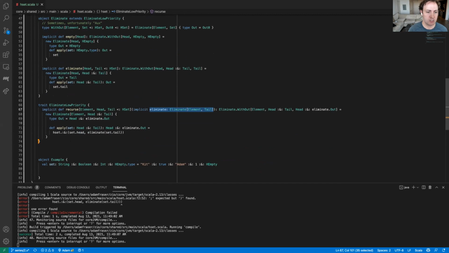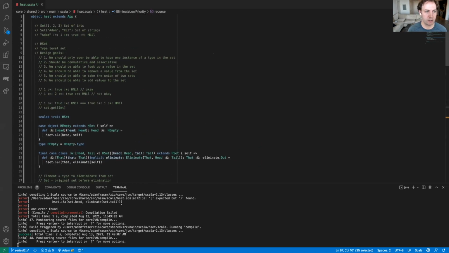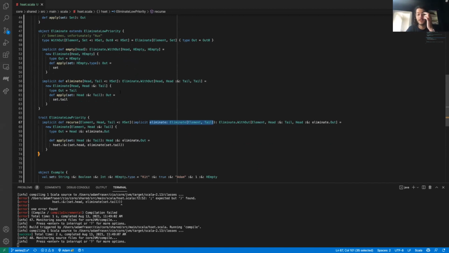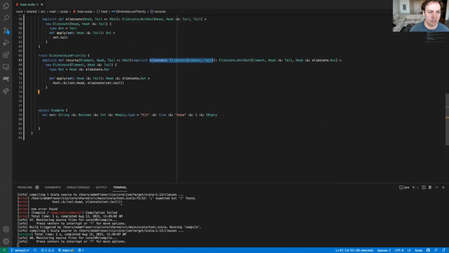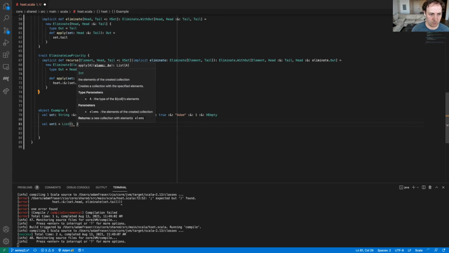Okay, so if we go back to some of our design goals here. There's one more question. Oh, yeah. Which was, sorry, maybe I missed it, would it eliminate duplicates of parameterized types as well? So like List of one. Oh, that's an interesting test. Yeah, let's try that. So let's say val set1 is equal to List one